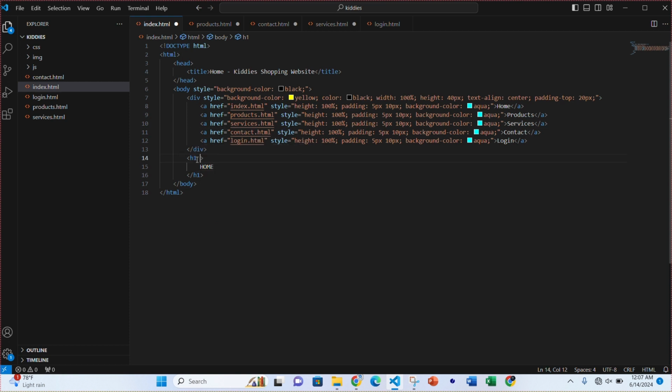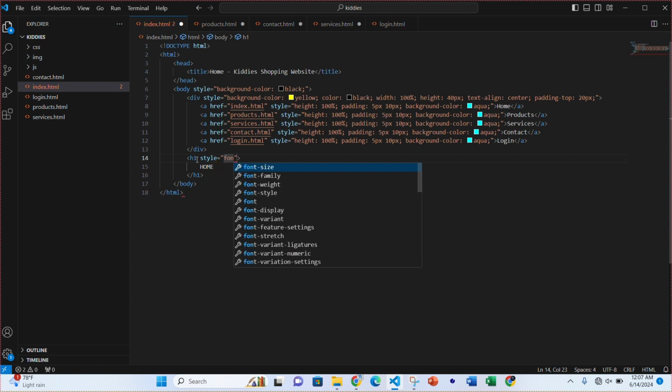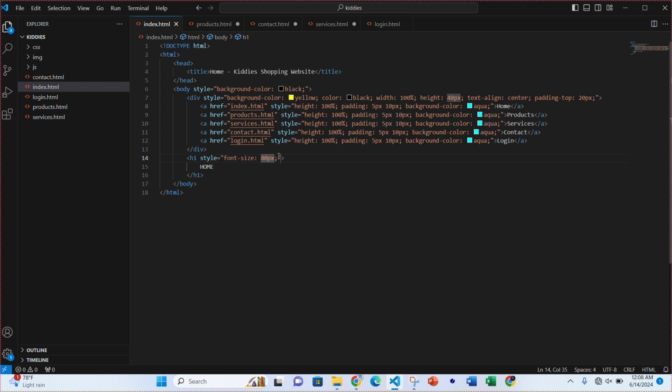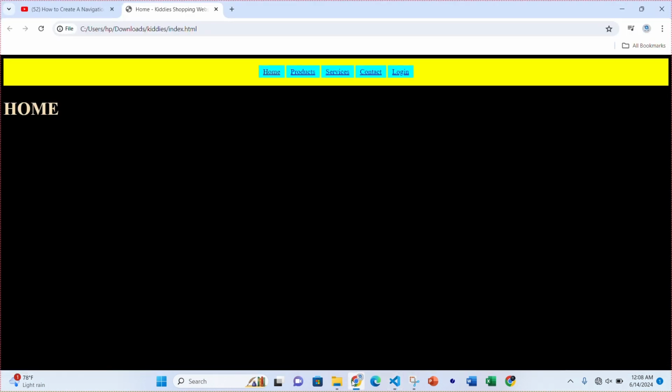Okay, and I'm going to give this h1 element a styling. I'm going to say font size 40 px. So let's see how this looks like. So I'm gonna give it a white text. So I'm gonna say color white, or let's not make it white. So let's choose from some of the colors here. So let's take wheat color. Okay, so when I refresh my page, you see I have my wheat color there, and I could simply center